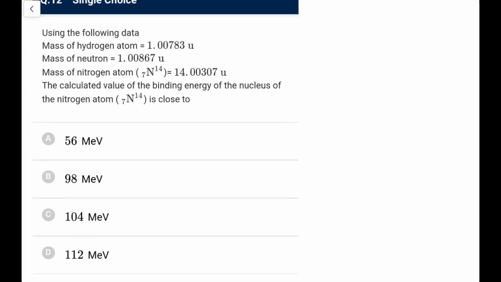Using the following data, calculate the binding energy. The masses given are for the hydrogen atom and the neutron, for a nitrogen nucleus. Calculate the value of the binding energy of the nucleus. So we can write, binding energy would be equal to the components' total mass. The components' total mass we will say is 7 times the hydrogen atom,